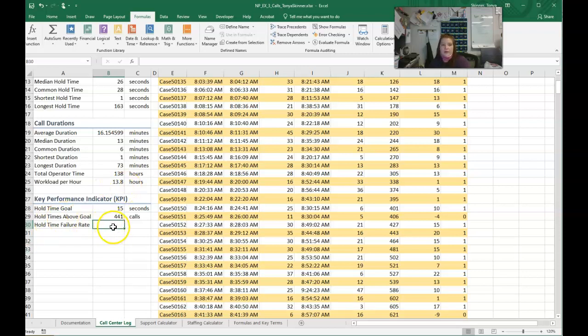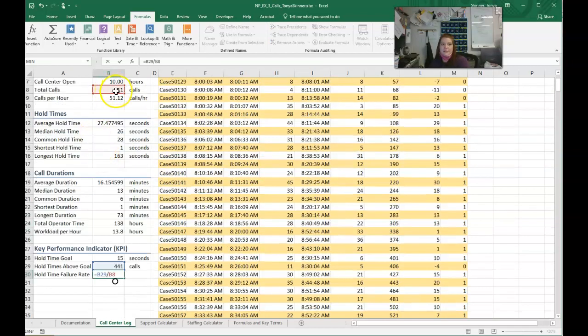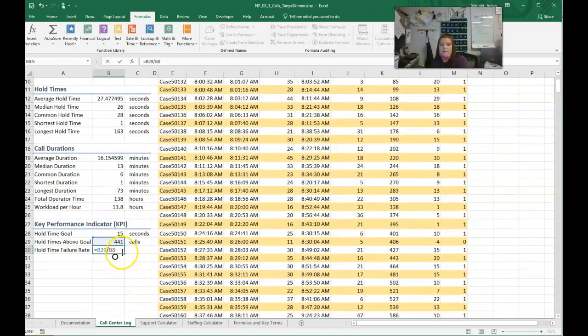Okay, in B30, we're going to put in a formula equals B29, that's that 441 calls, divided by B8. Now, what's up in B8? That's how many calls. So out of our calls, we're looking to see what's our failure rate. How bad are we doing here? Going to hit enter, and it's